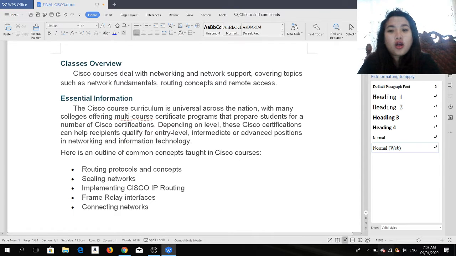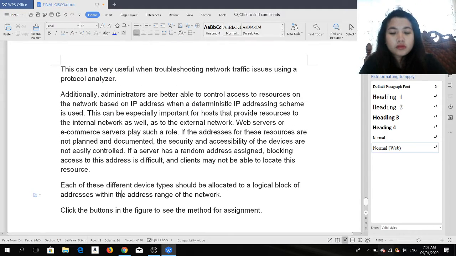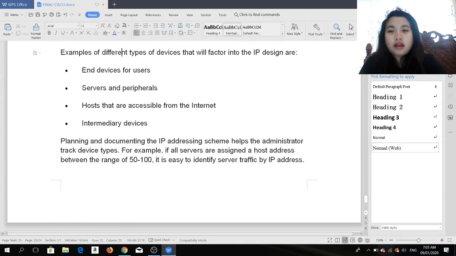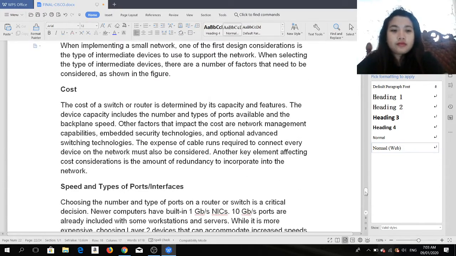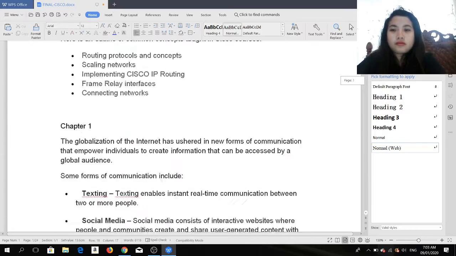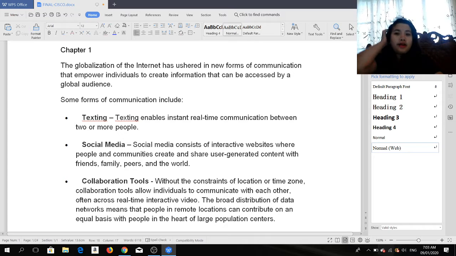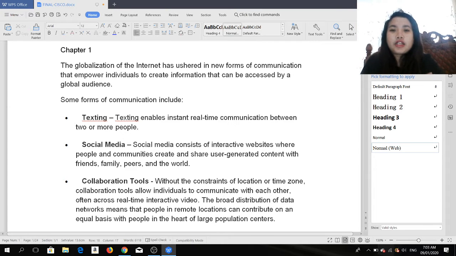Here is an outline of common concepts taught in Cisco courses: routing protocols and concepts, scaling networks, implementing Cisco IP routing, frame relay interfaces, and connecting networks.